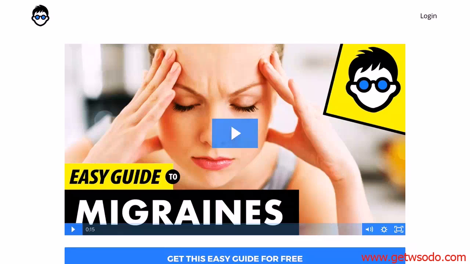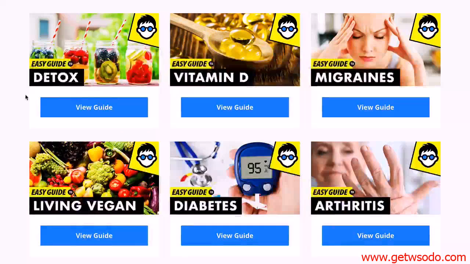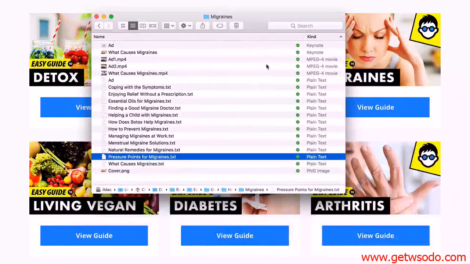There are a lot of different ways to come up with blog content, depending on how much material you have in your actual content piece for your membership site. When I say content piece, with Easy Guides, our content pieces are Easy Guides. Your content piece could be checklists, a course, a book, a to-do list, a cheat sheet, whatever it is that you have. To show you kind of behind the scenes,